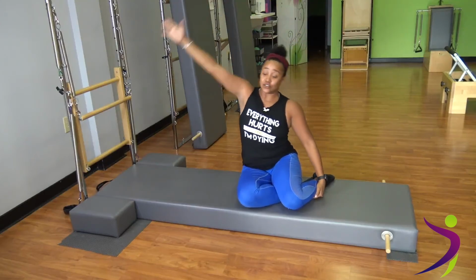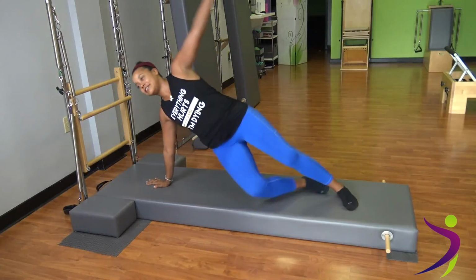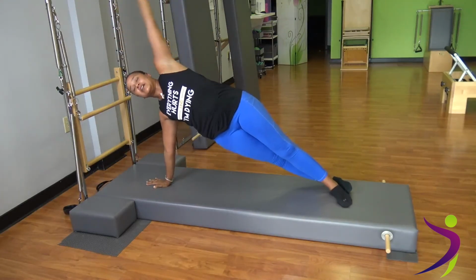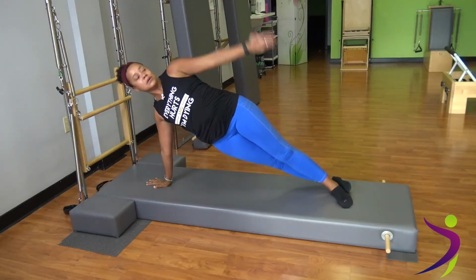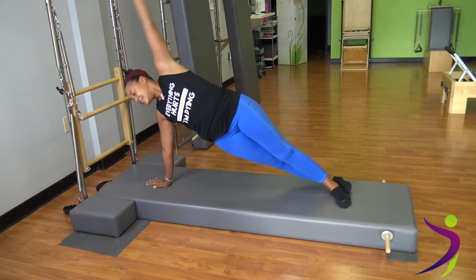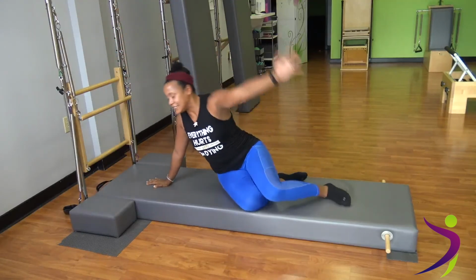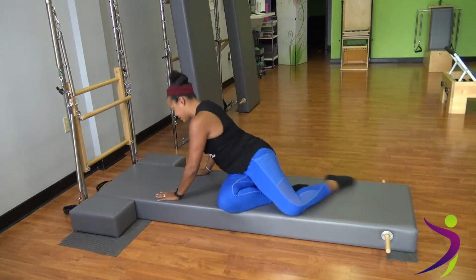Can that arm stay straight? I didn't even lift my hips. Lift if you can. Meet me here if you can. Otherwise, do some more easy mermaid overs and stretch and lift. Reach. You can add in the whole waist side bend scenario, should you like. Come on back down. Come on over. And then you're going to take it out onto the mat